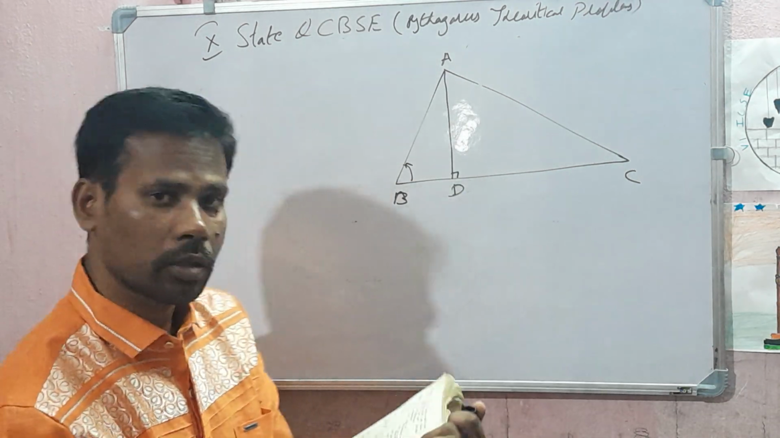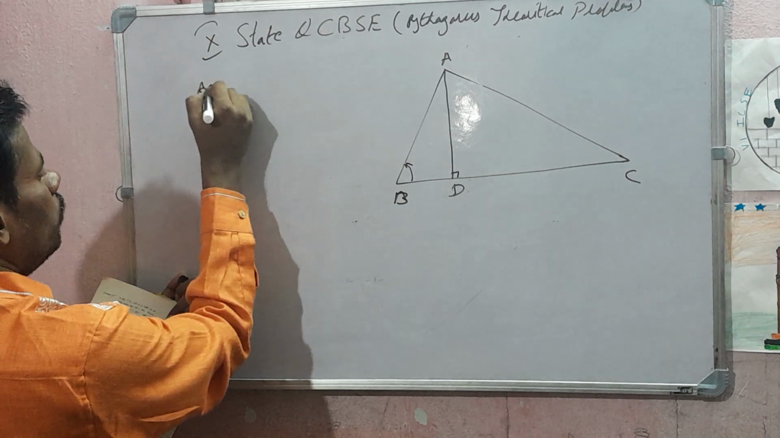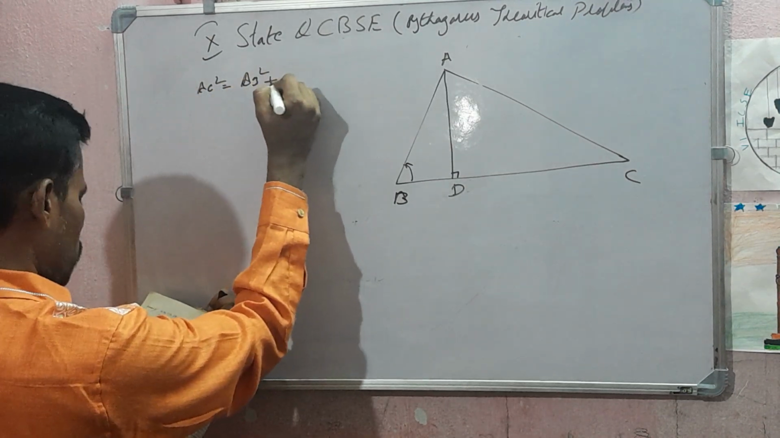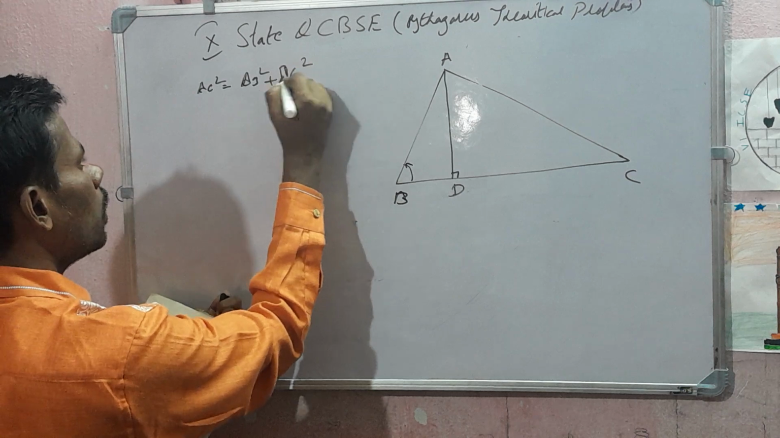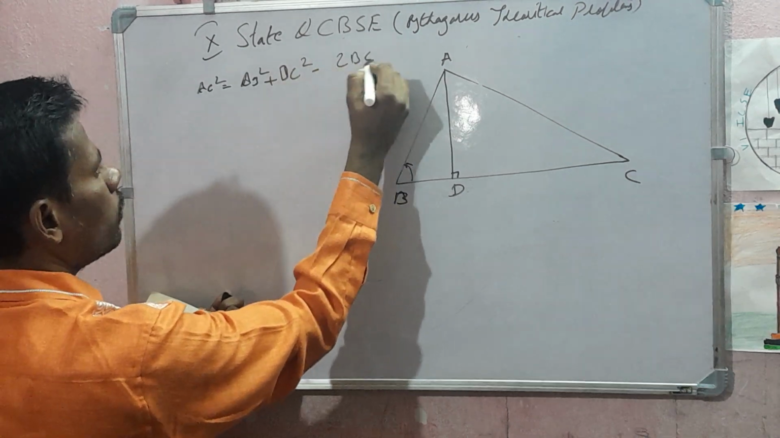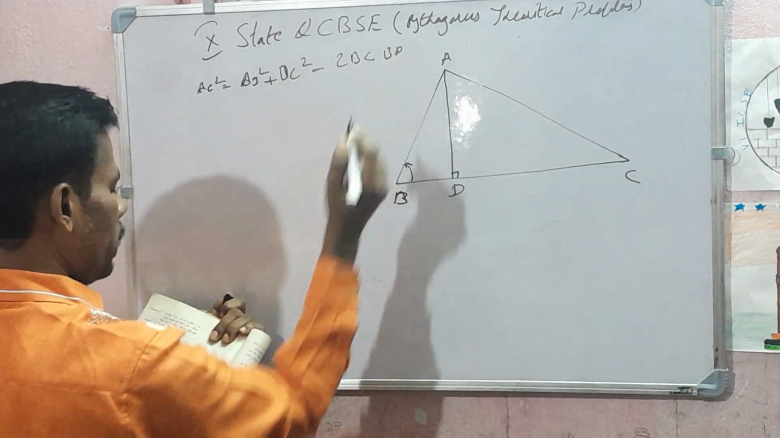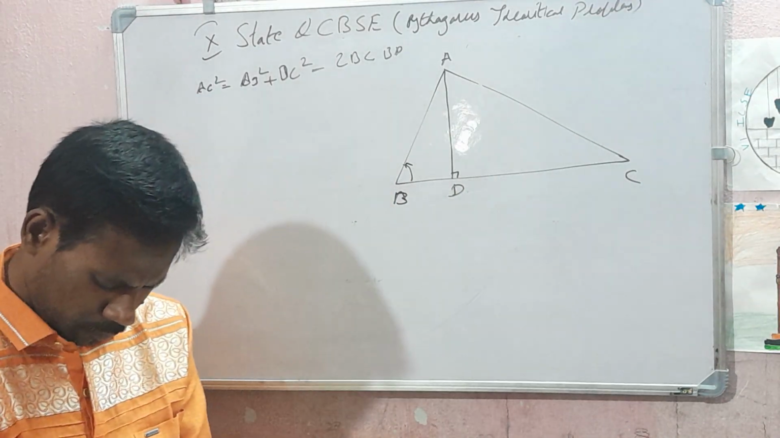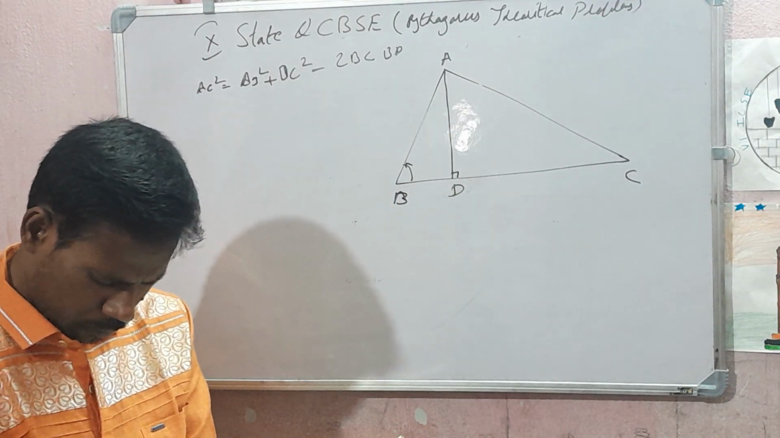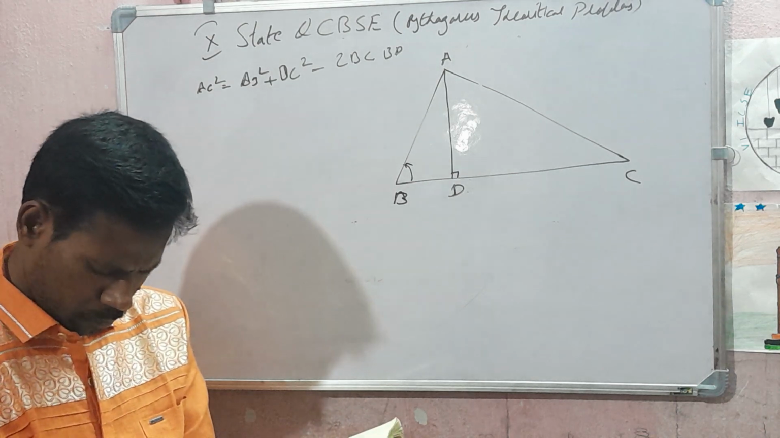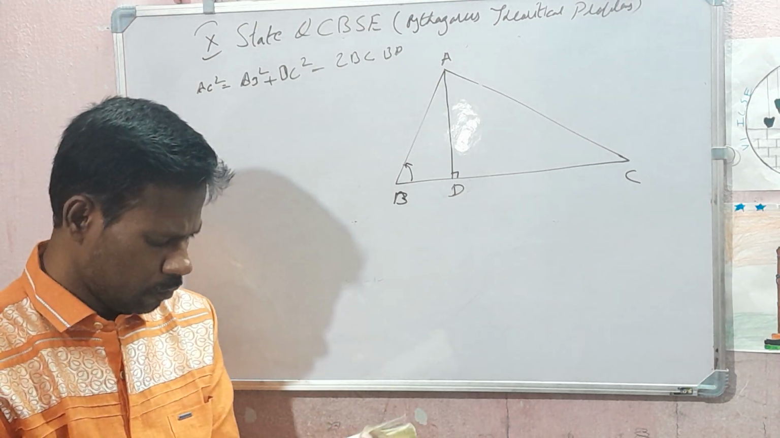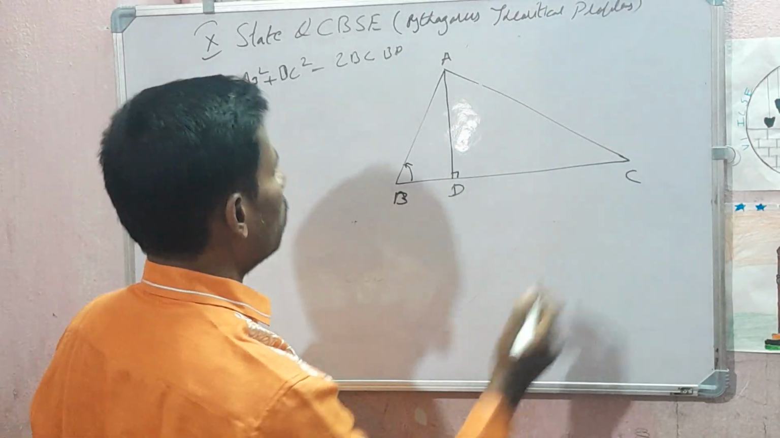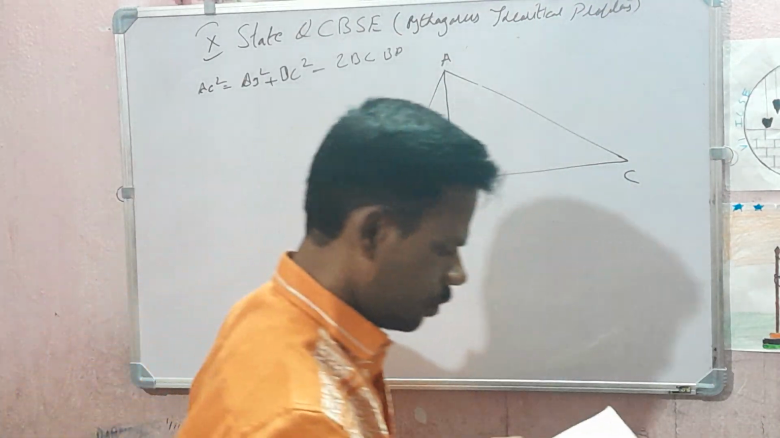Prove that AC square is equal to, now this time we have to prove this one: AC square is equal to AB square plus BC square minus 2 times BC into BD. Two times BC into BD. This one. So once again,